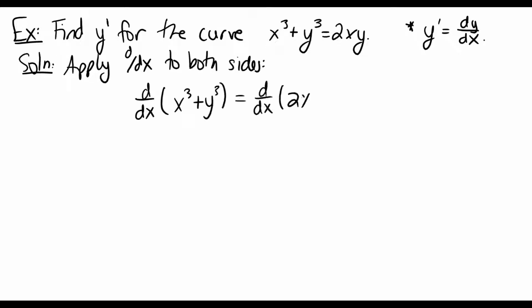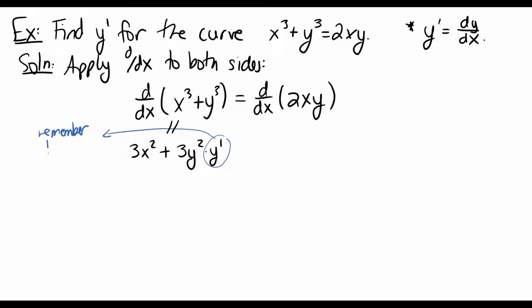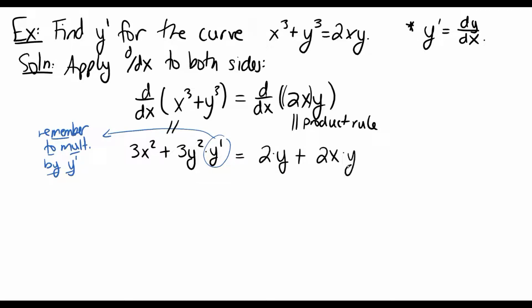Notice on the left side, we get 3x squared plus 3y squared times y prime. For these problems, when you take the derivative of y, remember to always multiply by y prime or dy dx. On the right-hand side, we have a product of things. Viewing 2x as our first function and y as the second function, we can apply the product rule. The derivative of 2x is 2, multiplied by y, and then we add on 2x times the derivative of y,